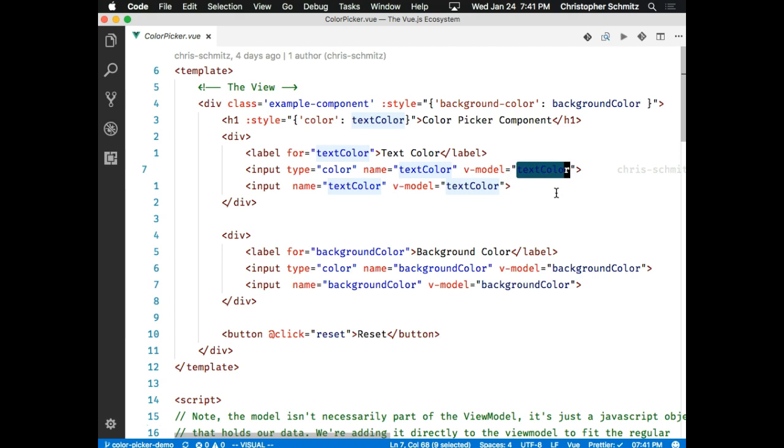The v-model is a Vue-specific attribute to the HTML. In Angular, it's like square brackets inside of parentheses, and then it knows in the template to look for this variable. So in Angular 2, that's the equivalent. Yeah, square brackets. But they're just putting it straight on the attributes. Yeah, the v-model